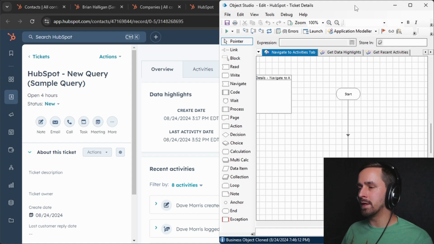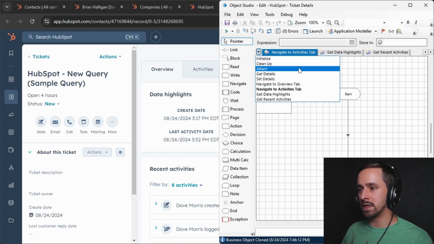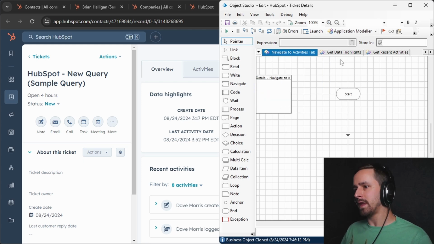And here we are. So now we have the same actions. Get and set details, navigate to overview tab and activities tab, get data highlights, and get recent activities. I hope this is making it clear how you would make a set of objects based upon the concept of one object per screen. Yes, these are very similar to each other, but this is actually one of those scenarios